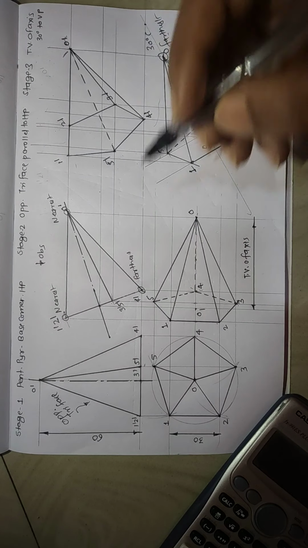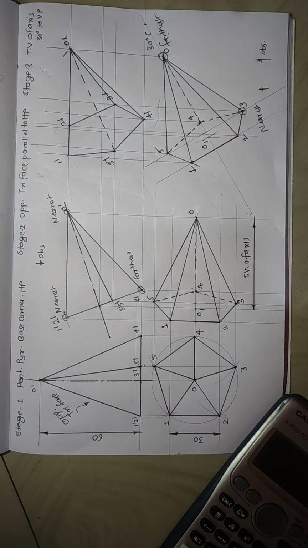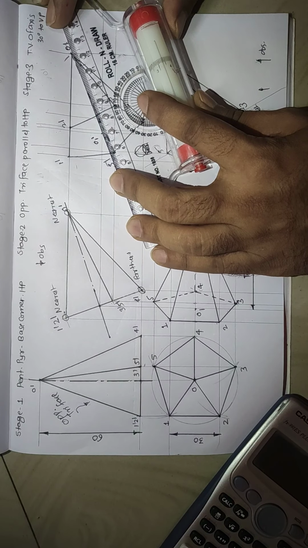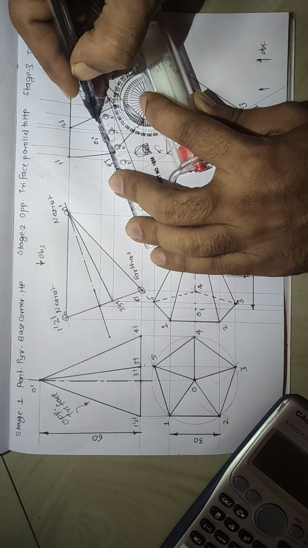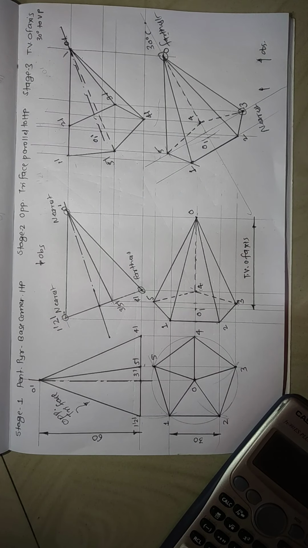Also I will complete the axis. For the axis I have already taken the projection. From here I am taking the projection, so this point will be called point O1 dash, that is the end point of the axis, and I can join that by a center line so that I can complete the axis of the diagram. So this way my final diagram is completed. So this is how your final solution will look like. Thank you.